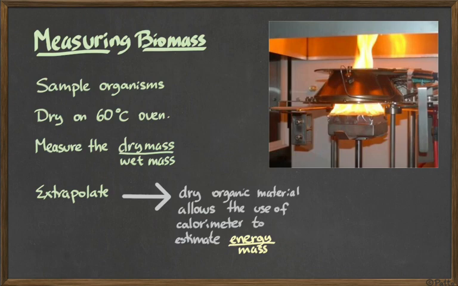And as it happens, for most organisms, for most organic material, the amount of energy is pretty similar no matter what you're composed of. So if you have 1 kilogram of dry mass in a jellyfish, you have roughly the same amount of energy as 1 kilogram in a plant, an amoeba, or a human being. Okay? So, knowing how much biomass is in a system is one way of knowing the productivity.